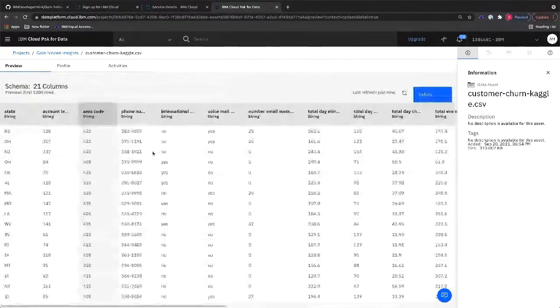So this is what our data looks like. We have account length, area code, phone number, international plan, voicemail, and all of this data that we have. If you click on the profile tab,